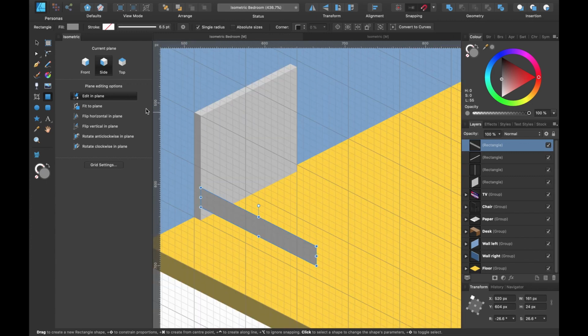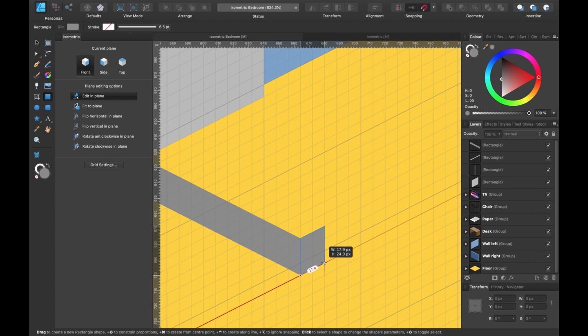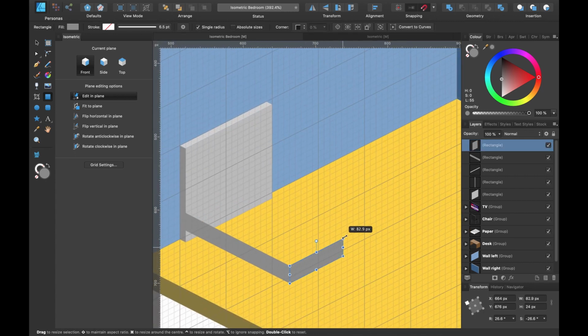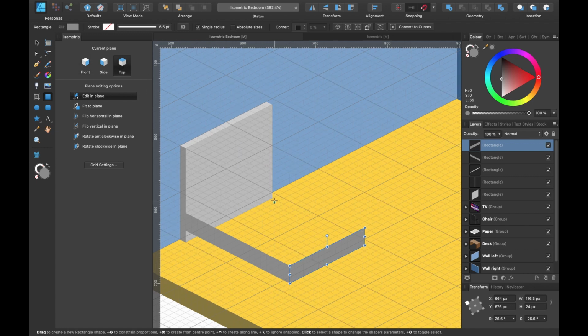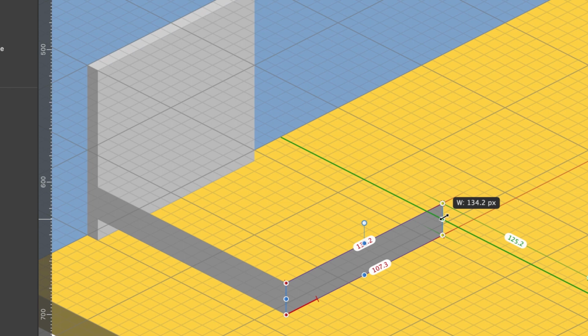And let's create the end of the bed. So I'll press front, zoom in, press escape, create the thickness, and we will just drag it out around about here. Now, if I click on top, I'll be able to see where the line goes from the board. So maybe from here, if you look at the left red line, that lines up with the other side down here. And if I head back up, the green line ends up around this place here. So I'll just keep dragging till I get to there.